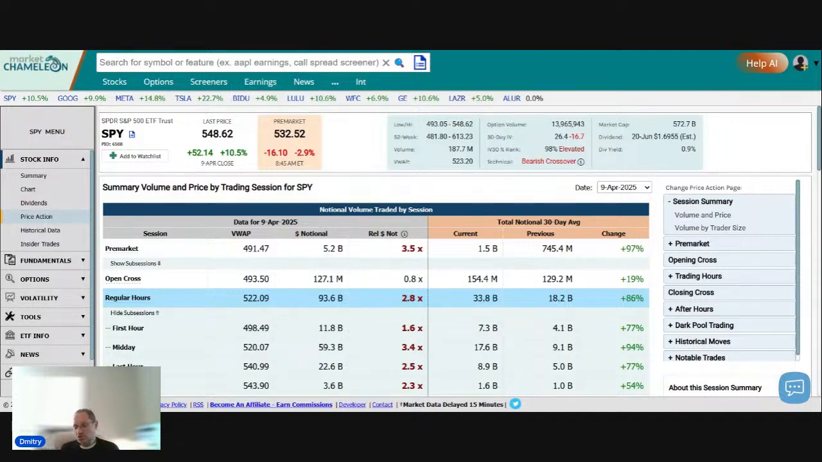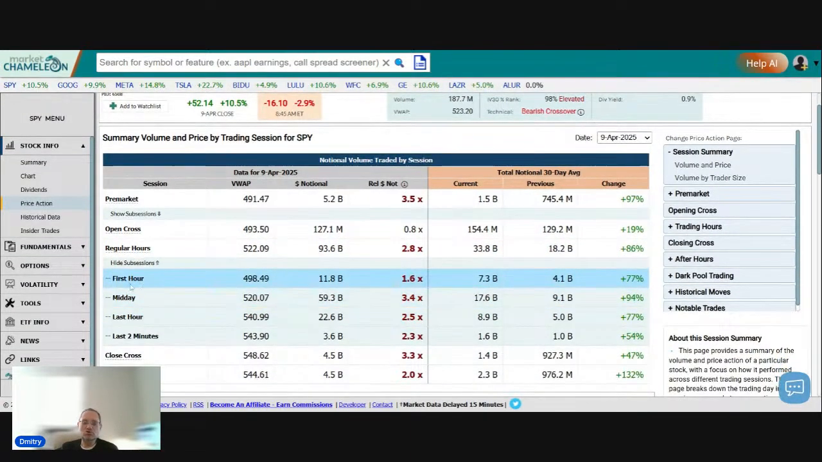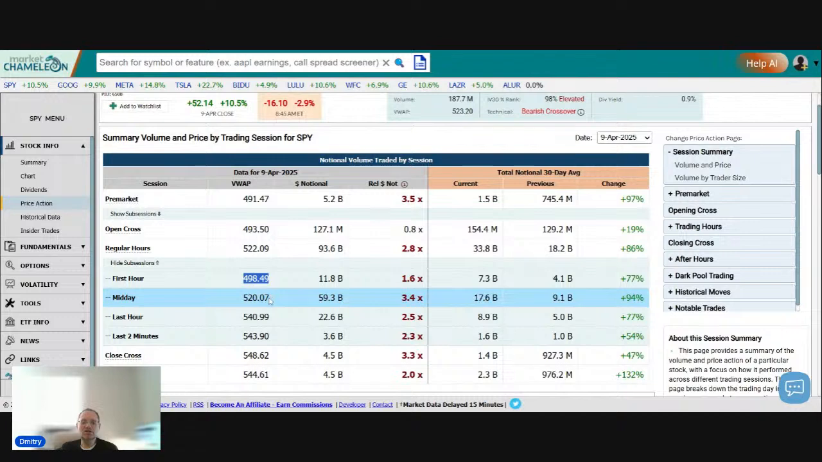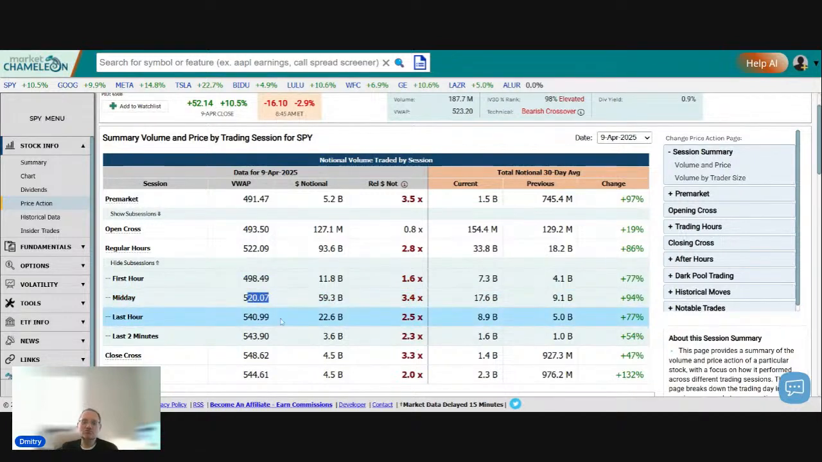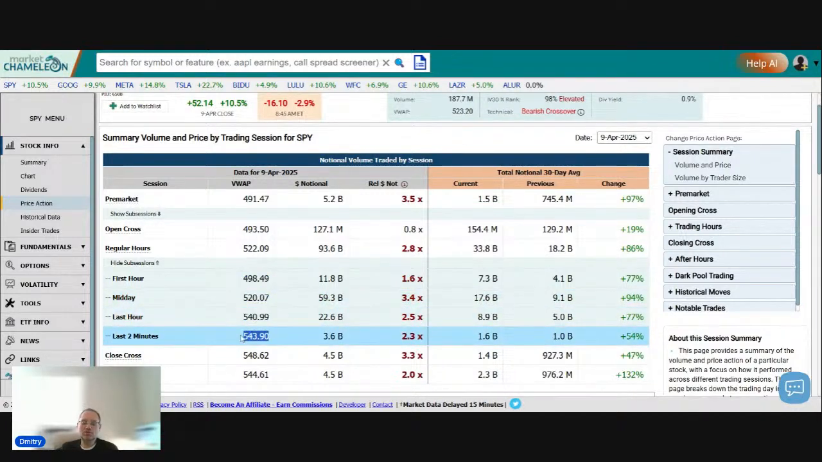When the markets close, and you can see here, these are the trading hours, and we broke it down like the first hour of trading, midday, last hour of trading, and then these last 2 minutes. When the market closes, it's based on a single price auction. Okay. And what that means is